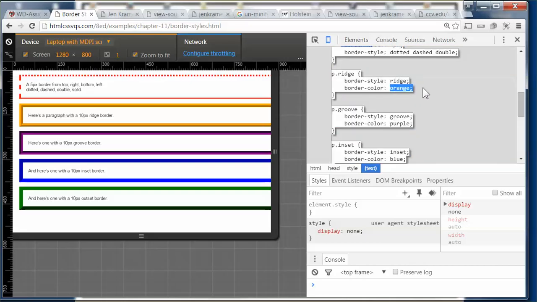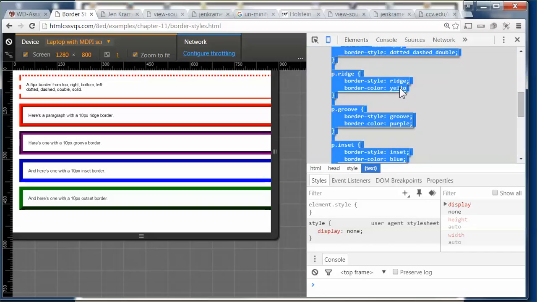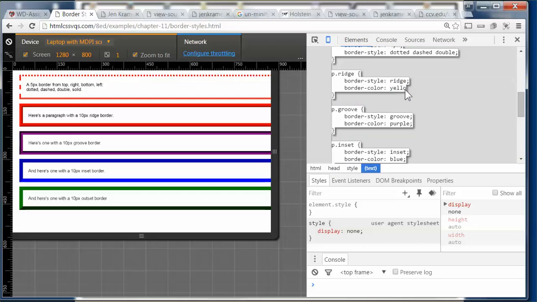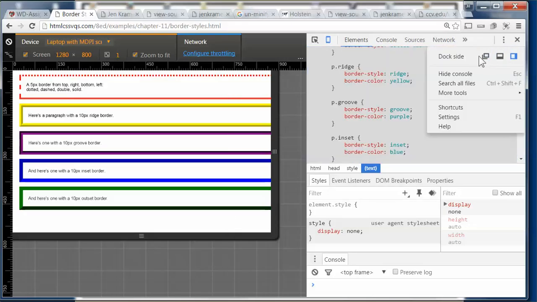Here, if I wanted to change that orange to yellow, that changed everything, but I didn't spell it right either. Now it changed it to yellow, so you can see how you're changing it, and you can see it side by side. And these three show you the different docking. You can hide certain parts and things, but mostly I use